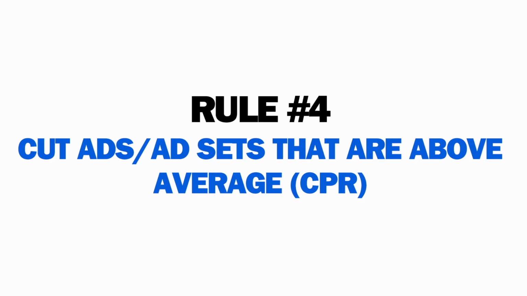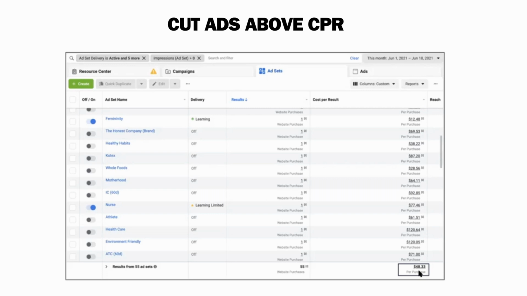Rule 4. Cut ads and ad sets that are above your average CPR, that is cost per result. You can see the average cost of these ad sets is 48.33, right? And we want to cut ad sets which are above 48.33. As you can see, 69, 87, 92, 120, 120. So whatever your average CPR is after running ads for around 14 to 15 days, you will get